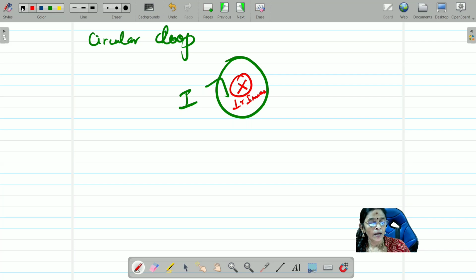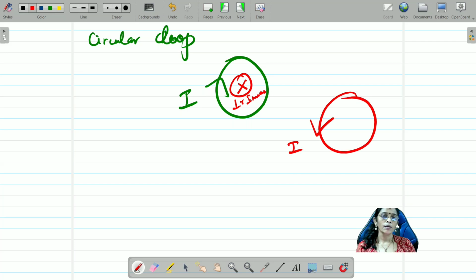Whereas if the current in the loop is going to be anti-clockwise, see, anti-clockwise, where does my thumb point? Perpendicular outwards. So at the point P, I have to write it as perpendicular outwards. That is all, children.